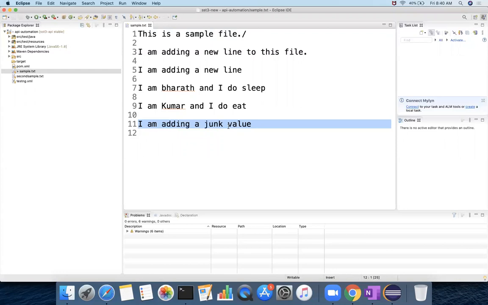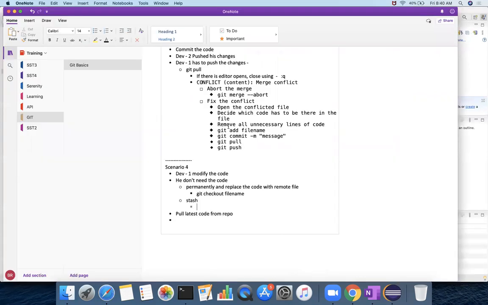Somehow you want to delete these changes, but you need these changes again. At that point of time, the approach we use is the stash process. The command for that is git stash. It says saved working directory and index state WIP.